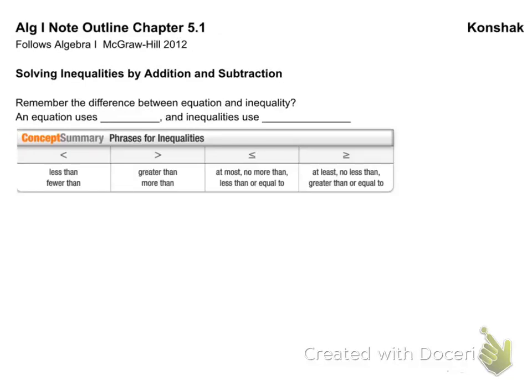Algebra 1, 5.1, we are going to solve inequalities in this lesson by adding and subtracting. Guys, there's a big difference between an equation and an inequality. An equation uses an equal sign, and inequalities use inequality symbols. So, greater than, less than, greater than or equal to, less than or equal to, as we have stated